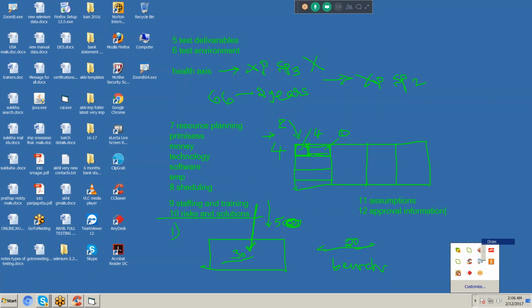The test plan document is prepared by the test lead based on the company, the customer requirements, and the company's economic status. He will prepare the test plan document. This is very, very important, madam. This is the heart of the course. Without asking your name, they may give you a job, but without asking about the test plan, they will not give you a job. This is very, very important.